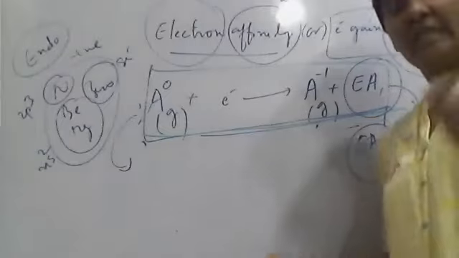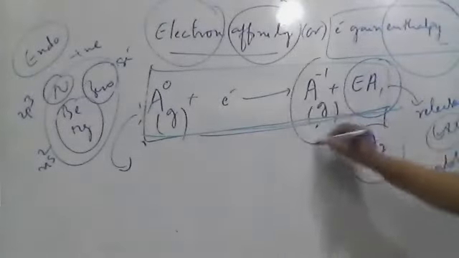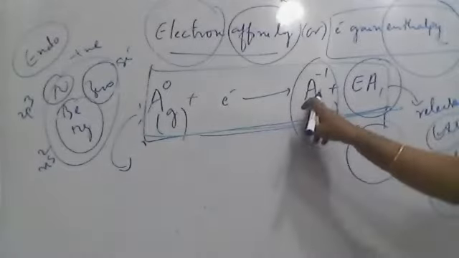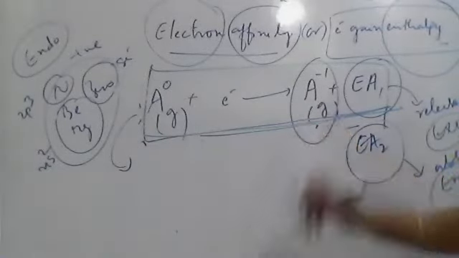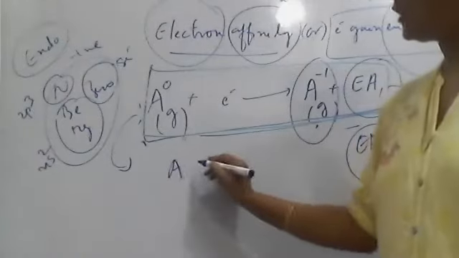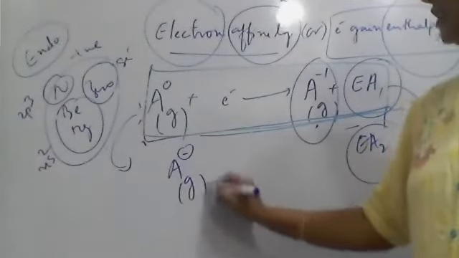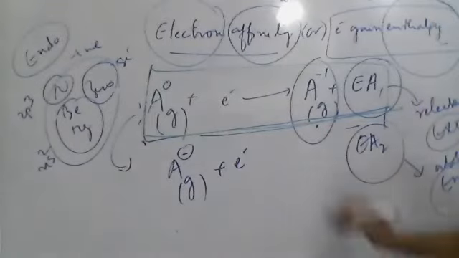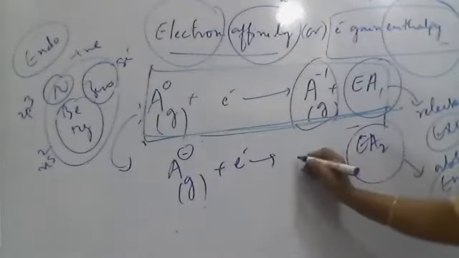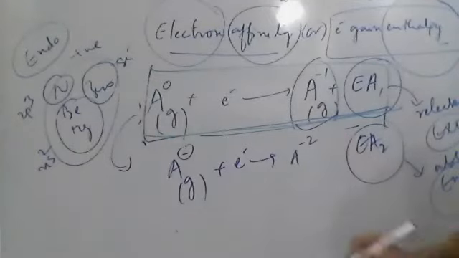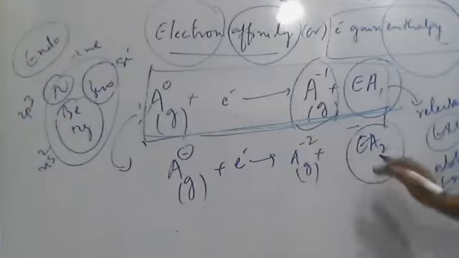You are not adding an electron to the atom this time. To what are you adding the electron? You're adding the electron to the uninegative ion. In the first step you took the atom and got a uninegative ion. Now you are taking this uninegative ion, which is in the gaseous state, and adding an electron to it. What do you get here? A dinegative anion, still in the gaseous state, and here the energy is